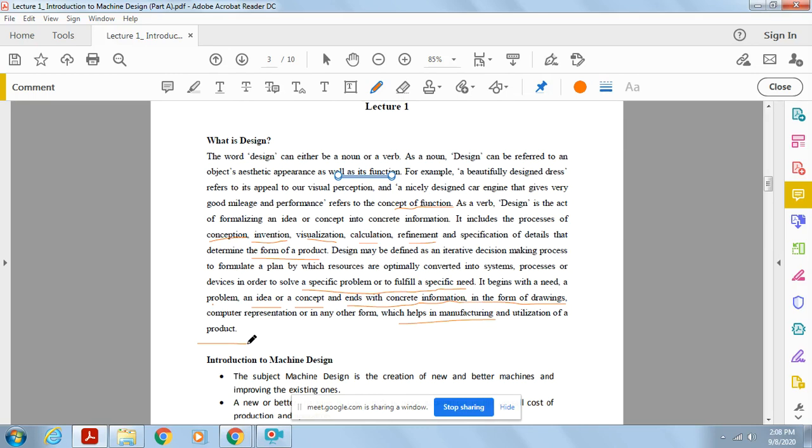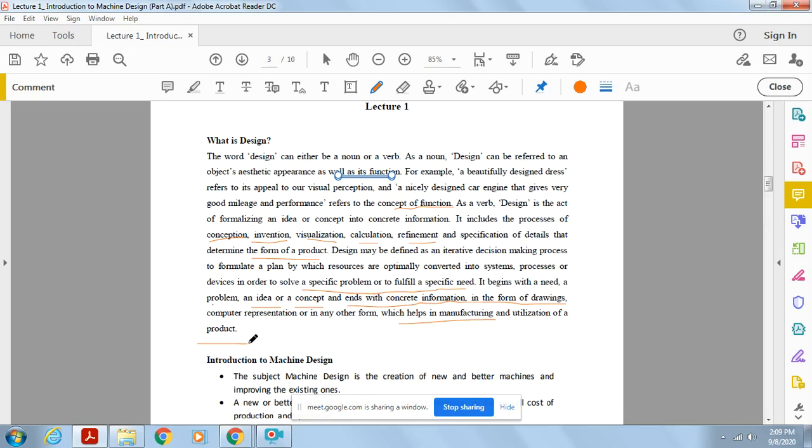Design basically helps us to manufacture and to utilize a product. With the help of design, we manufacture that part, and at last we fulfill our need. This is our necessity; as per that, we make a drawing, suppose in AutoCAD, and that AutoCAD drawing will be useful for manufacturing work. When the manufactured product comes to the hands of the consumers, it will ultimately be utilized by them. So these are the basic categories of design.